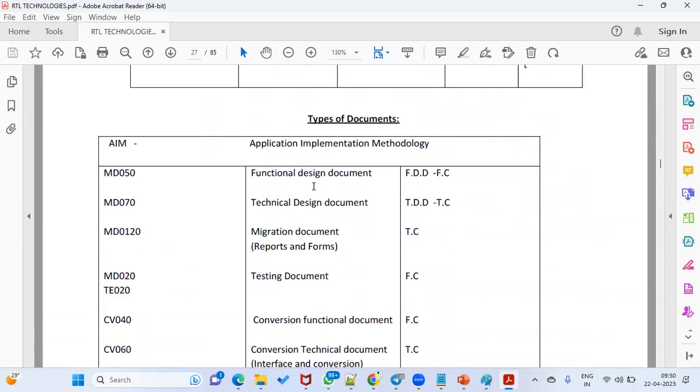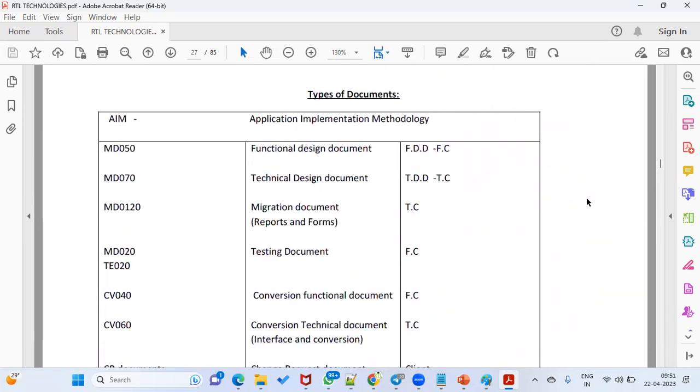Next we are going to talk about types of documents, very important. In our resume also we are supposed to specify we are flexible with document preparation with AIM methodology. AIM stands for application implementation methodology. Whenever we are implementing Oracle application software to the client, we are supposed to prepare the documents as per the